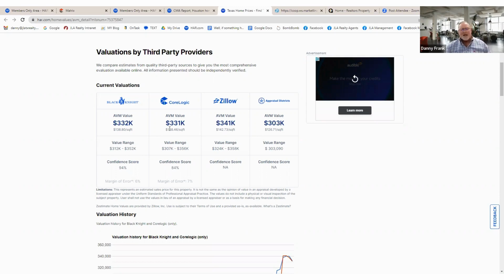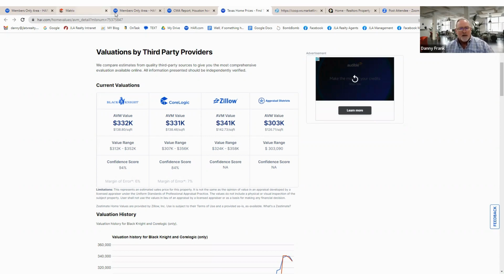Now, I get people that ask me all the time about this appraisal district. I want you as a realtor and the consumer to understand one thing about what an appraisal price is. It has no bearing in fact of what an actual real estate property in the state of Texas might be worth. It's the appraisal district's opinion of tax value. That's it. So you should fight your taxes every year, get them as low as possible, and don't worry about raising it up when you're trying to sell it. It has no bearing in fact on what the actual house value is.